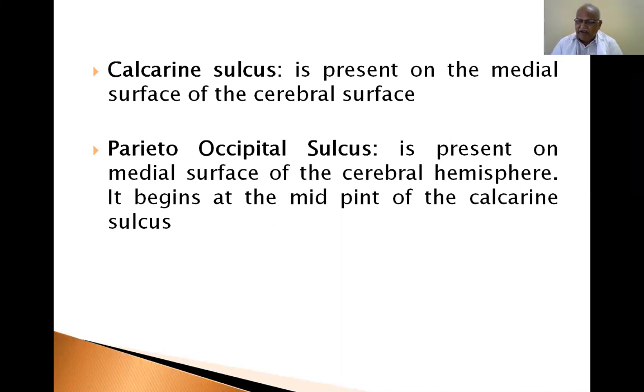If you keep the textbook diagram, study the sulci in the literature, and compare with the practical brain specimens in our museum, you can easily understand. You have to compare the theory given in the textbook, see the diagram, then compare the specimens present in our anatomy museum. Then you will definitely get a clear-cut idea. I am giving you the gross ideas of sulci and gyri. If you go through the book and my PowerPoint, you will get full-fledged knowledge.